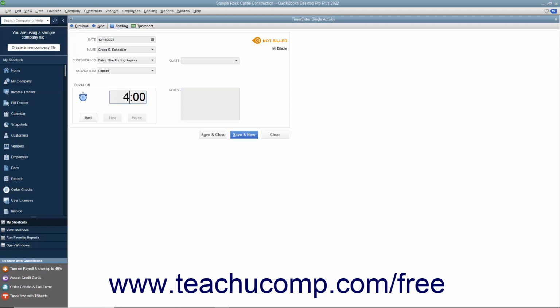To actively record the time you spend performing an activity, like legal research for example, click the Start button when you begin the activity, the Pause button when you want to pause the time recording, and the Stop button when you have finished the activity to record the actual time you spent performing the activity as an entry within the